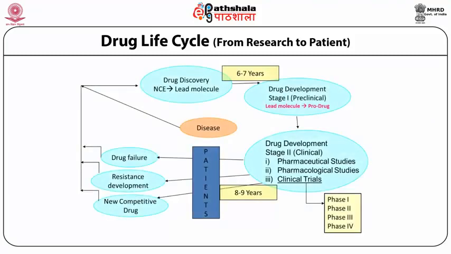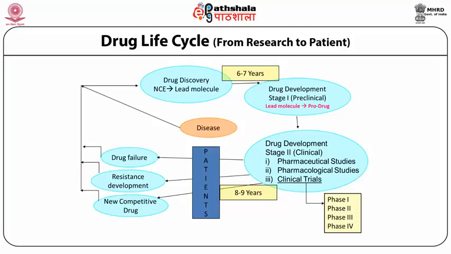The life cycle of a drug that we are going to explain here is from research to patient. How? Let us take the patient as the starting point. Why do we need a new drug in the market? It may be a new disease that has been identified, or a failure of a drug already in the market, or resistance development to the drug, and lastly, a new competitive drug that has come into the market. So these 4 basic causes lead us to think about a new drug,